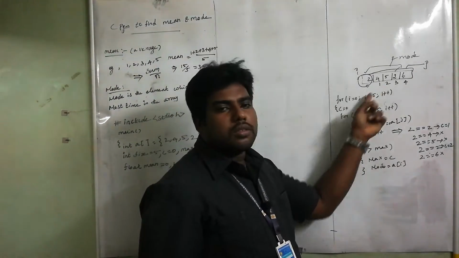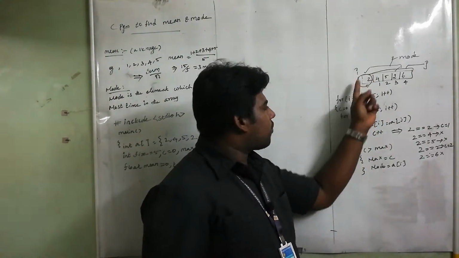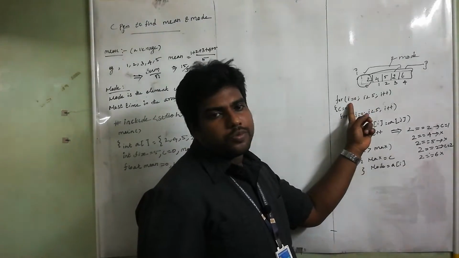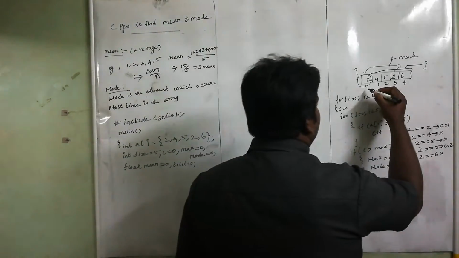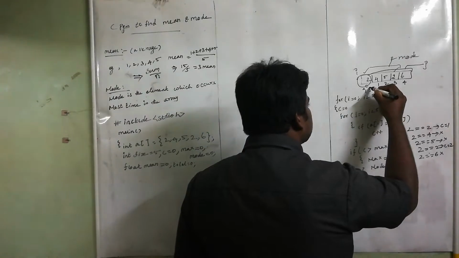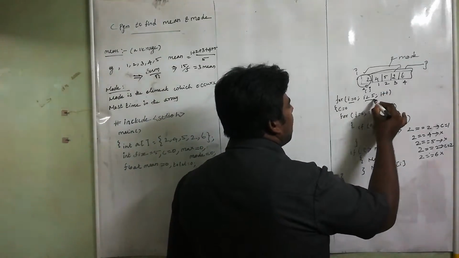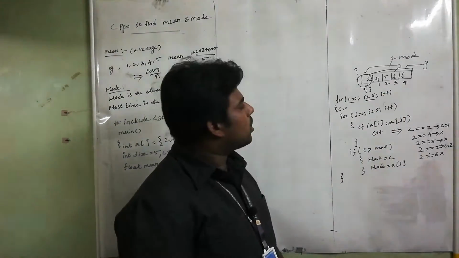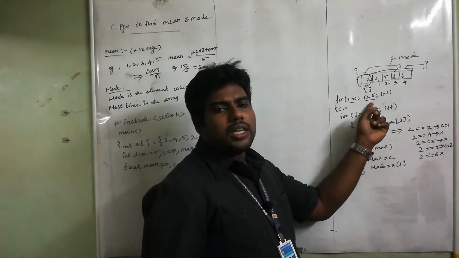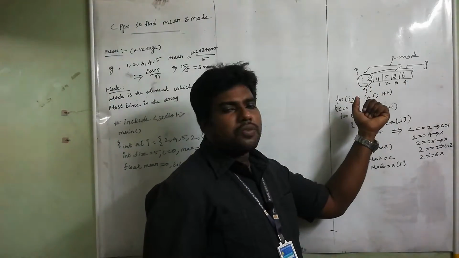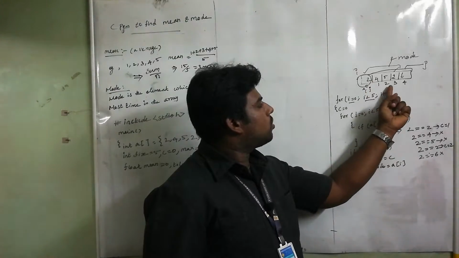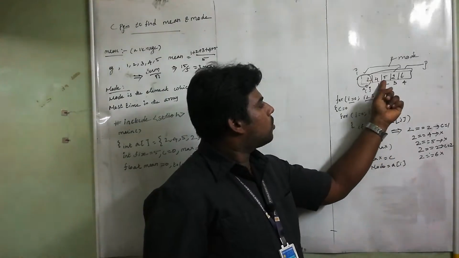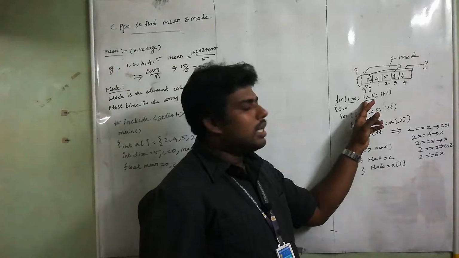for this, I want to compare two things, right? So for the first element I am taking i. Now this is i and this is also j. i equal to 0, i less than 5. Why did I take 5? How many elements are there? 5 elements. 0, 1, 2, 3, 4 is the index, and 1, 2, 3, 4, 5 are the 5 elements. That's why less than 5.